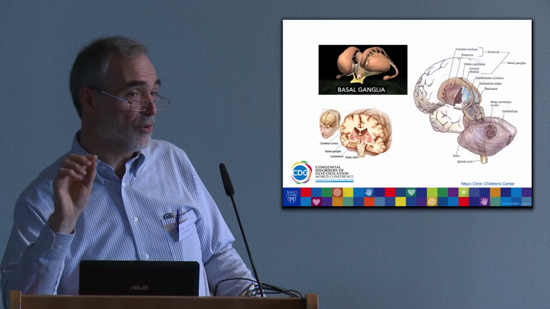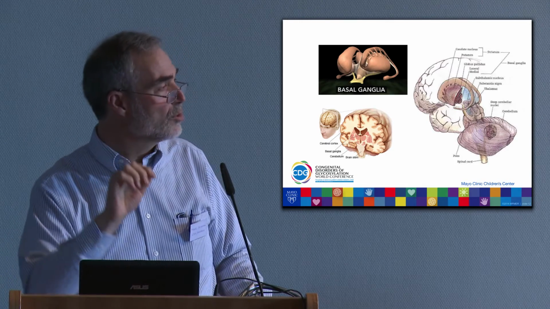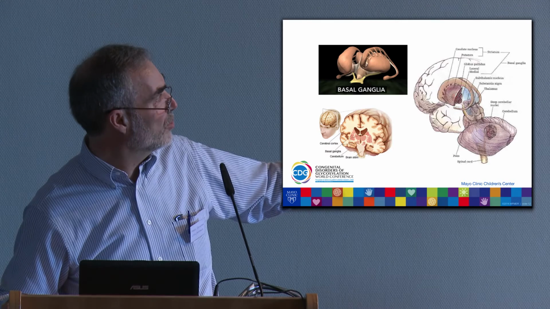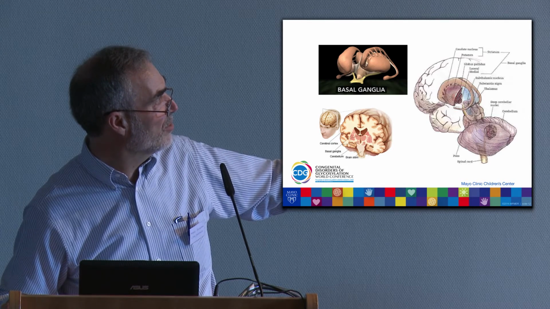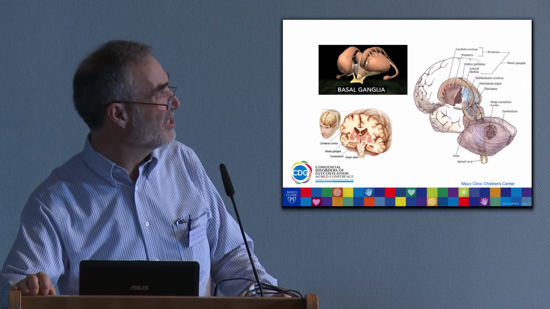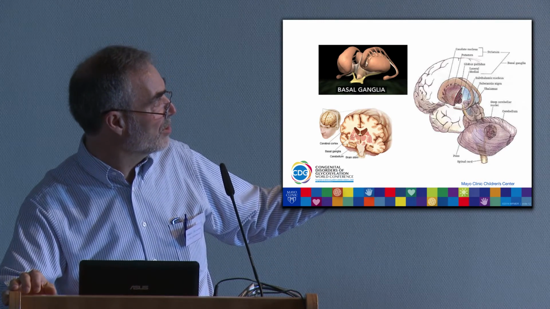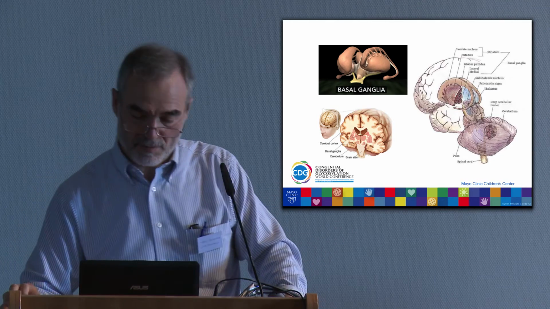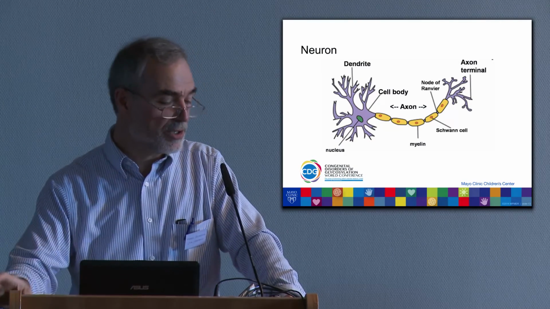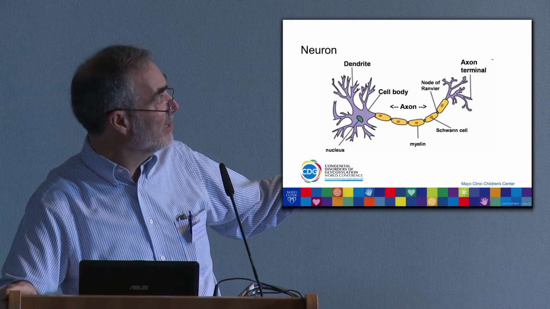Again, classical neurology is what we might call the neurology of deficit. So we understand to a reasonable extent what happens if we damage these structures. So, for example, if the caudate nucleus, whose head is shown here, is damaged, one of the diseases that can result is Huntington's disease, which you may have heard of. Other types of movement disorders can occur with damage to different parts of the basal ganglia. But really we're talking more about what's going on at the very basic level of the neuron, which has a body containing the nucleus.